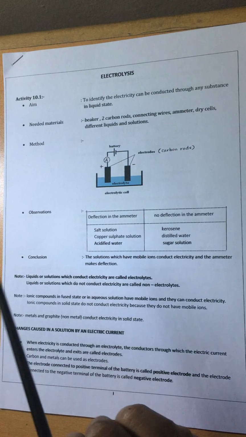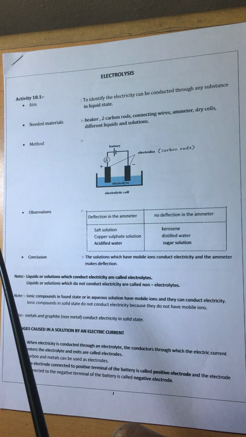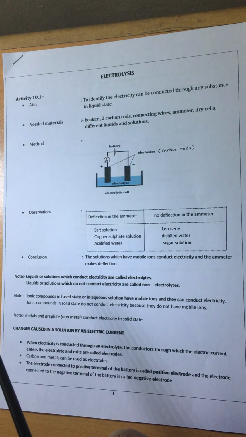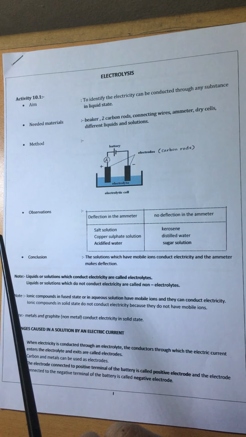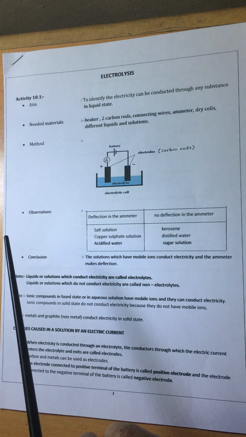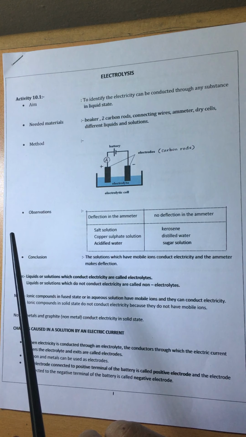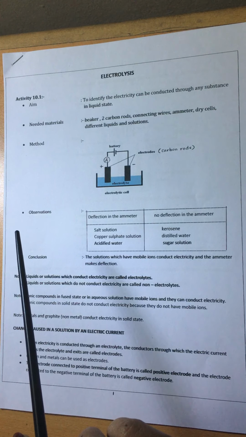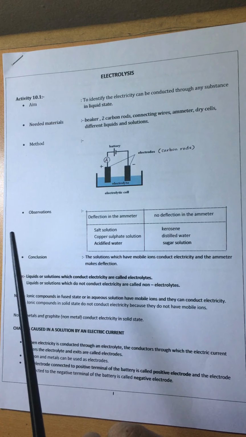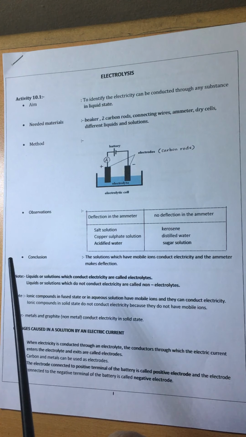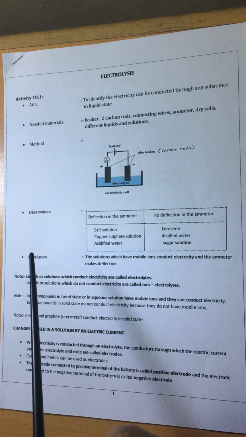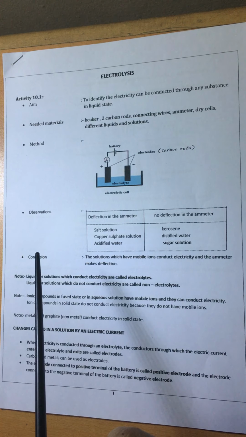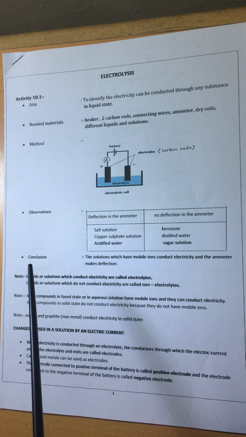So you know the difference between liquids and solutions. Liquids means the pure substance. Now we say distilled water or pure substance is a liquid. Now we say kerosene, the alcohol liquid. So those are liquids. Solutions means, as you studied earlier, the homogeneous mixtures. The solutions means now when you dissolve salt with water, salt solution. So there are two substances there, salt and the water. Those are solutions. But liquid is a single substance, pure state.